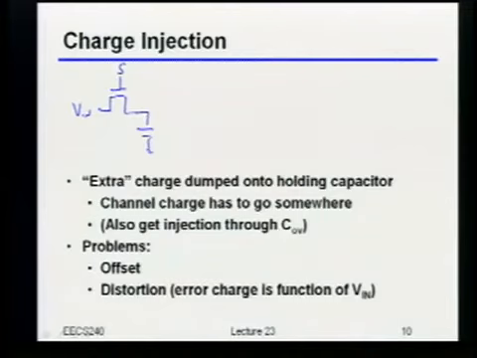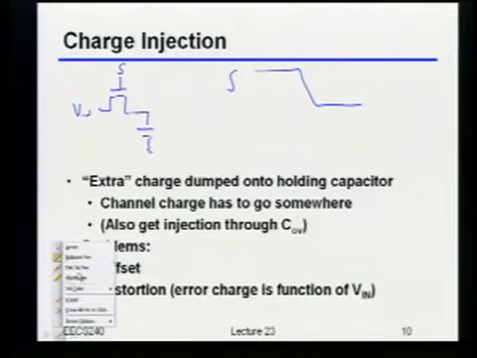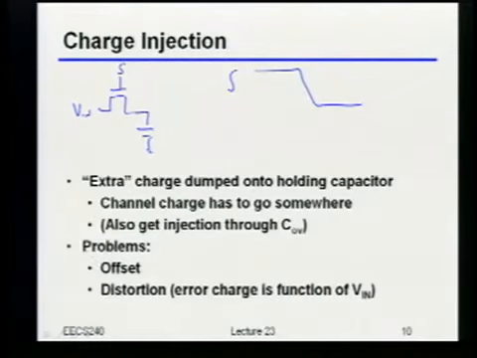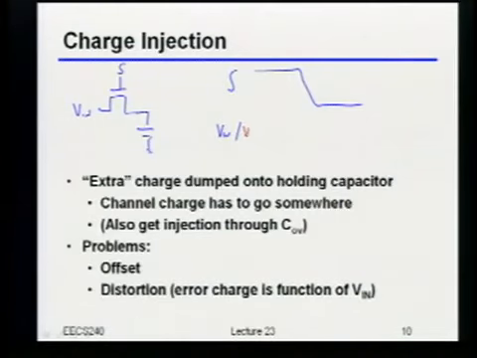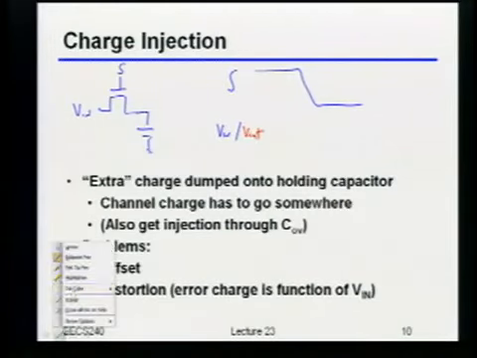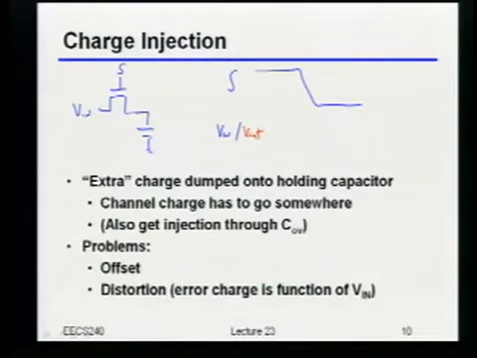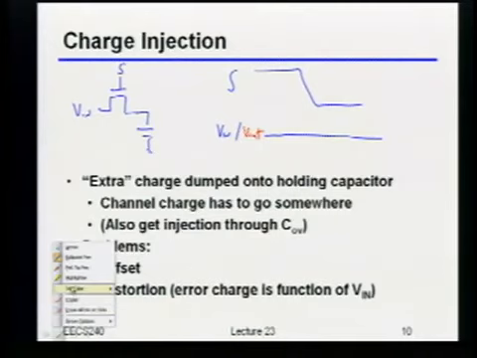Okay? So right at the time when my control signal goes low, let me draw this in a different color. So let's say I look at my V in, my V out, and I'll do V out in a different color just so that it's more clear. Okay? So let's say my V in was constant. I was just trying to sample that constant voltage. Okay? Well, once I turn off the switch,